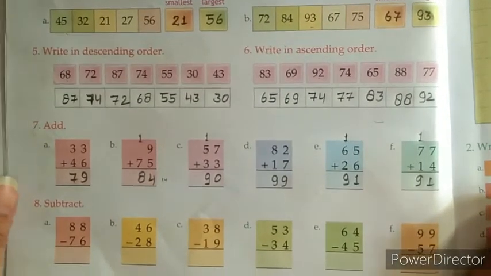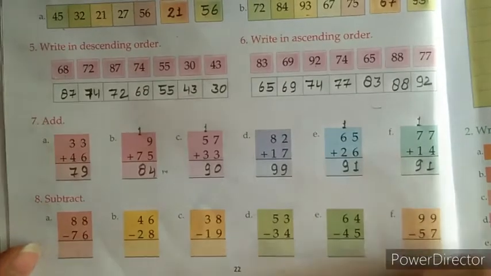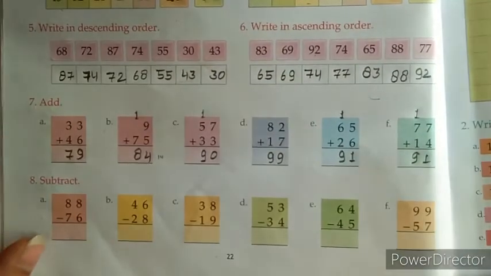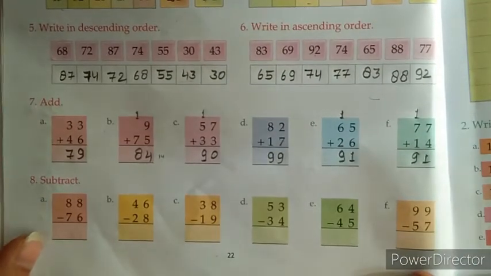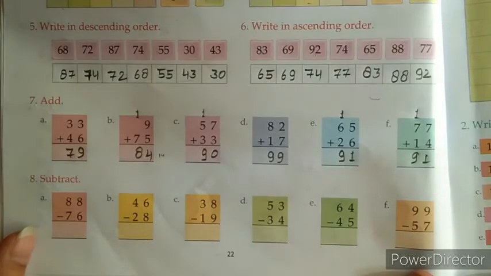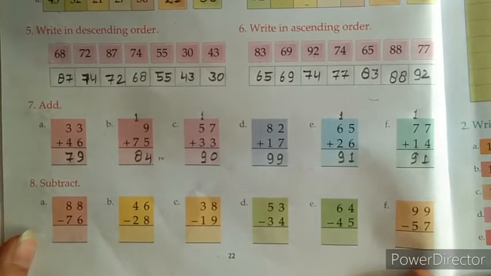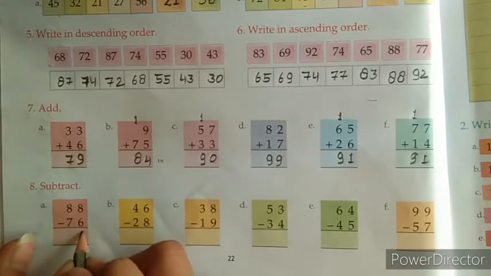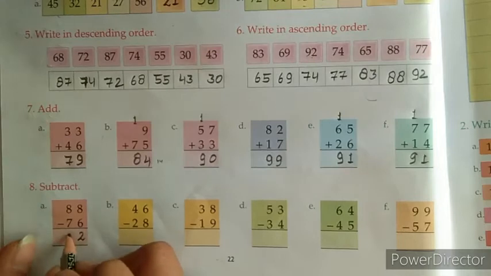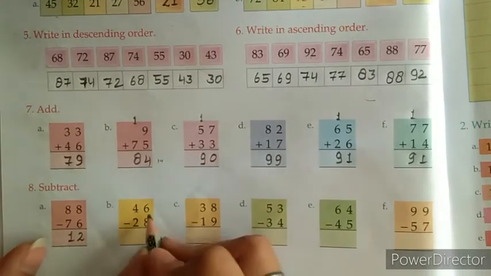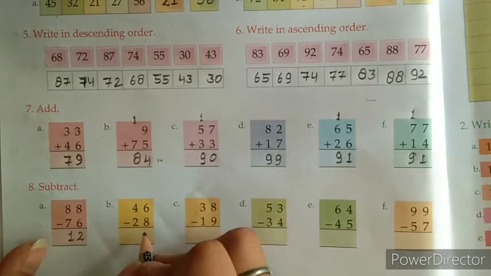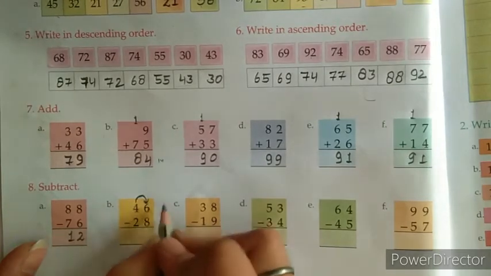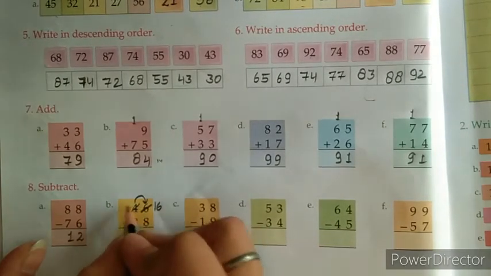Very good. Next one, question subtract. So students, here we have some questions of subtraction. In the subtraction question we have some simple subtraction questions and subtraction with borrow also. Okay, so we have to solve it. So let's start students. 8 minus 6 equal to 2 and 8 minus 7 equal to 1. This is a simple subtraction and this is subtraction with borrow. So take a borrow, so write here 16 and here 3 is remaining.